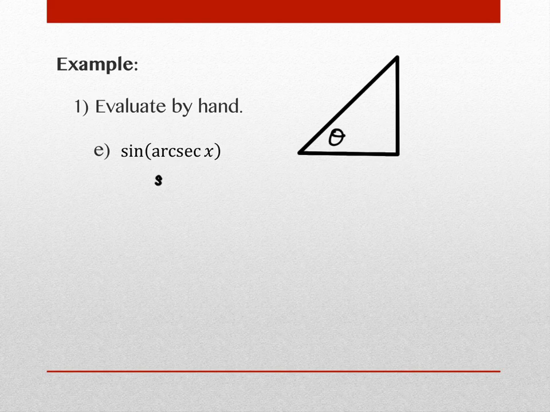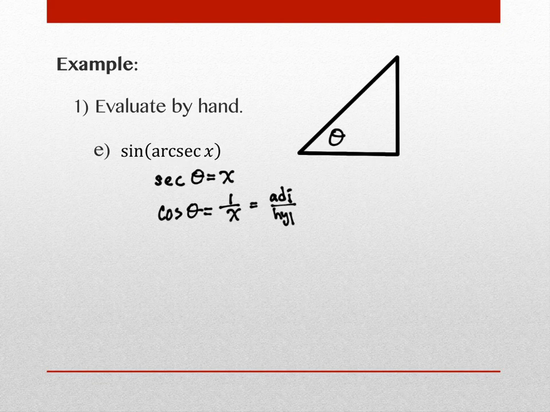And if I want to think about this, this is secant of theta is equal to x. I don't really like the x here because it's not representing the value x like on the grid. But that's the letter that they've used. If you want to change it to a different letter, feel free to do so. But again, we're back with secants, and I don't really think in secants very well. So I'm going to rewrite this in terms of cosine. What would this be in terms of cosine of theta? 1 over x. It's just a reciprocal, right? Secant and cosine are reciprocals on the left. So I get the reciprocal of x on the right. It's 1 over x. And cosine is